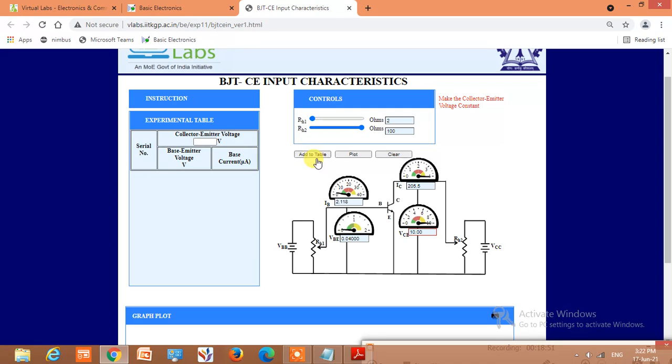Let us take the initial value, add to table. So 0.04, base current is 2.18. Keep on increasing the values, click on add to table. Add to table. Keep on increasing in steps of 0.1 volt.